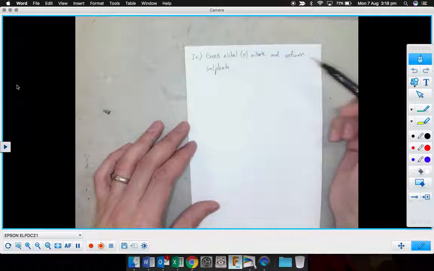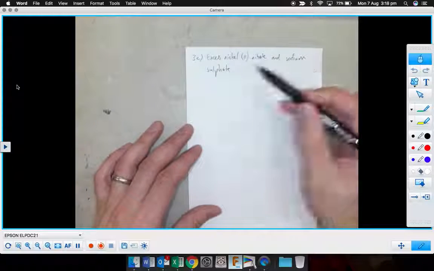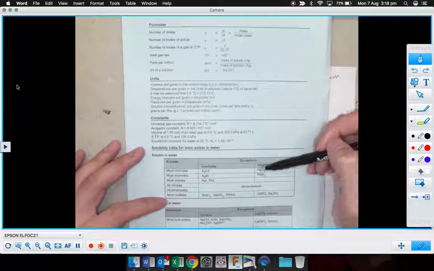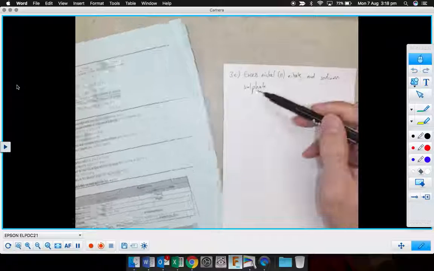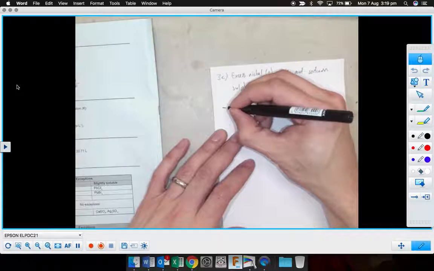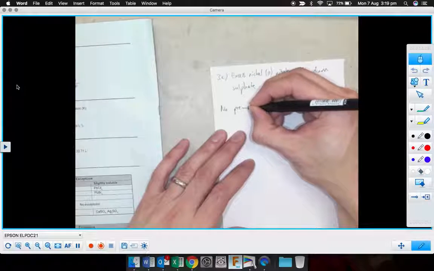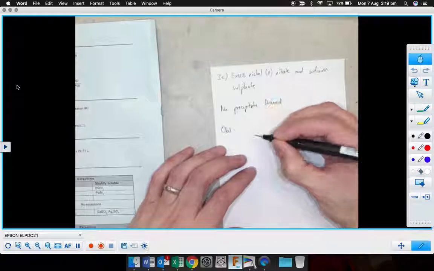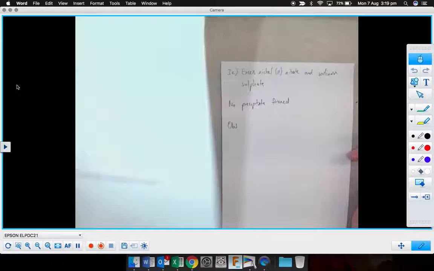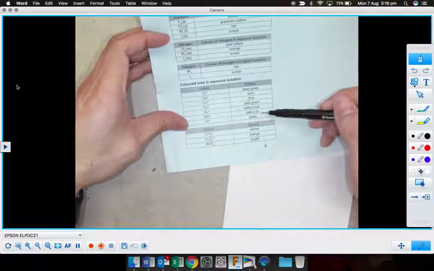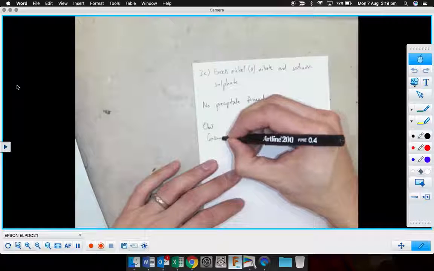Excess nickel 2 nitrate and sodium sulfate. So let's work out the precipitate. We've got nickel sulfate or sodium nitrate. Okay? So nickel sulfate, most sulfates are soluble in water, and nickel is not an exception. Sodium nitrate, again, soluble in water. All nitrates are soluble, so no precipitate formed. But that doesn't mean your observations are nothing. What color is the nickel 2 nitrate? What color is nickel? Nickel is down here. Nickel 2 plus is green. So a green solution